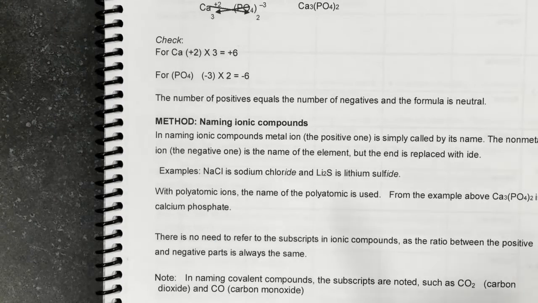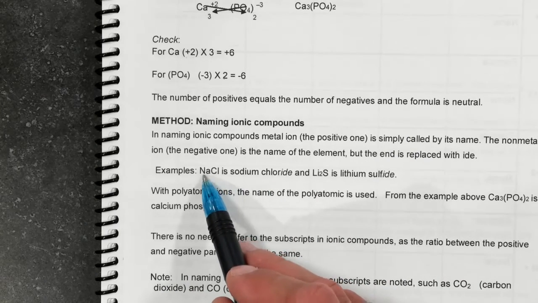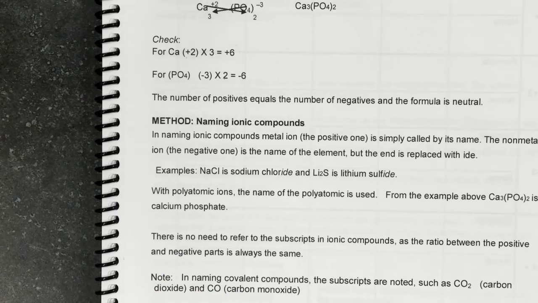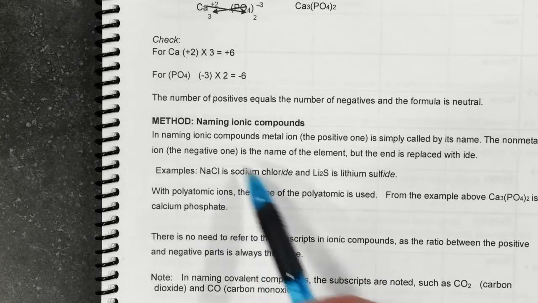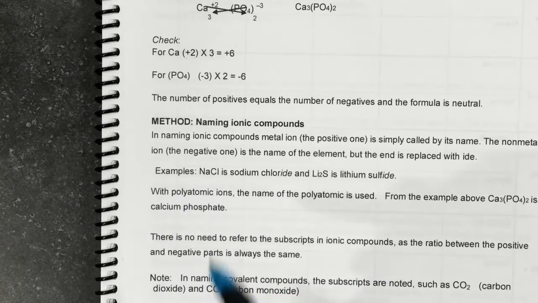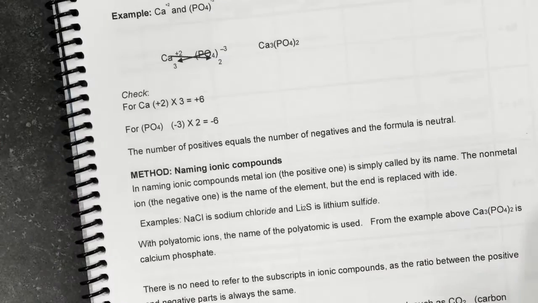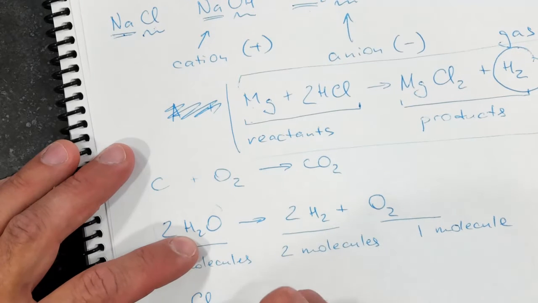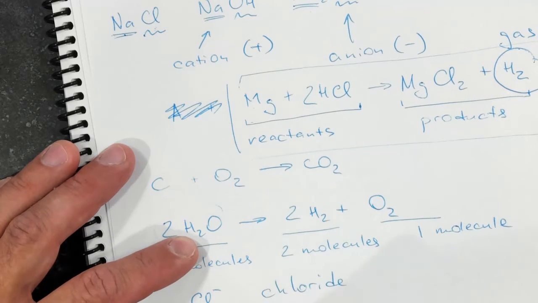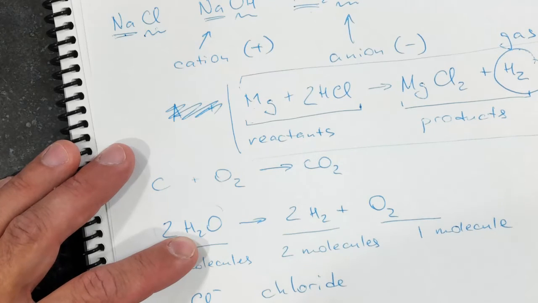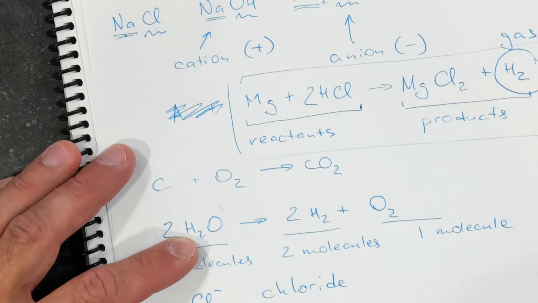Naming. I already mentioned the positive one, the metal ion like sodium or lithium. We just call it by name. Sodium, lithium, copper, iron, you name it. The non-metal ion, if it's the single element, the end is replaced with "ide." So chloride, okay, sulfide, bromide. Following so far? Nitride, selenide. Okay,